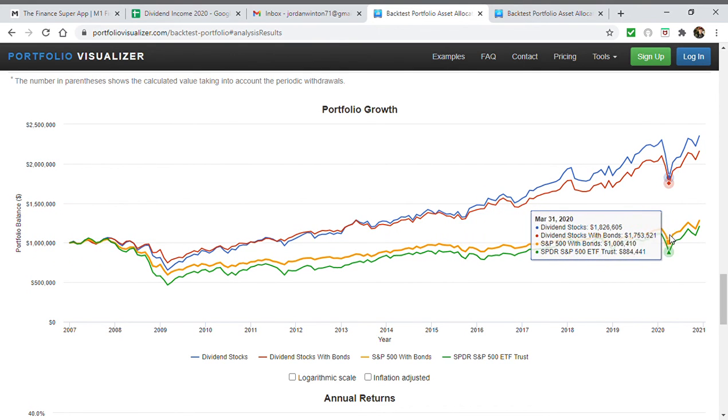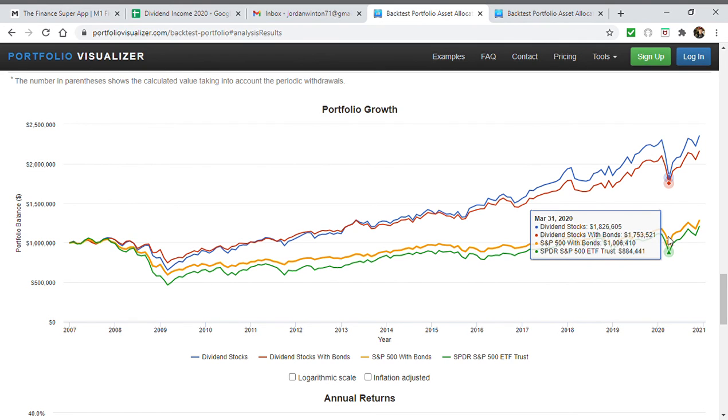Do you notice something here? During this downturn in 2020, you have the S&P that is still not recovered. It is still the laggard behind this. The S&P 500 with bonds does get hit, but you're still at about your $1 million portfolio, and it does recover quite nicely. Now, if you look at the other two up there, look at the dividend stocks with bonds, you see almost an exact performance of that and with just dividend stocks. And that is because when the market inevitably downturns, that's how you're protected. The red line is the one that I like the most, but the blue line is also good as well.